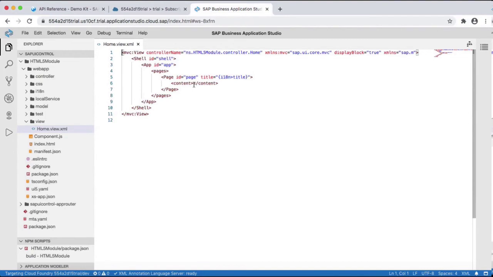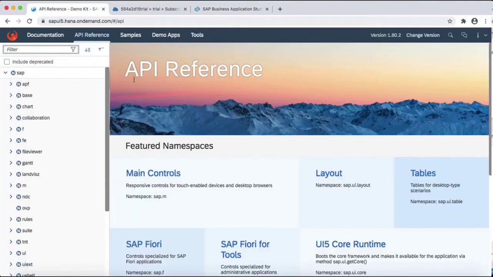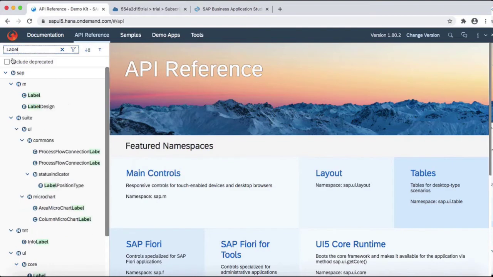So let's go to the SAP UI5 DemoKit API reference. Now we will just create a simple label. So I'll search for a label control. Label is inside the M library, so you can find it under the sap.m namespace. I'll click on the label.